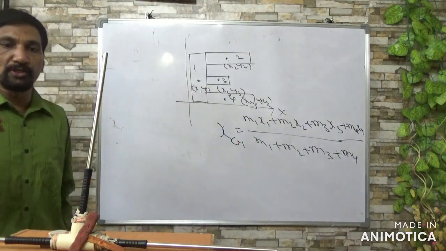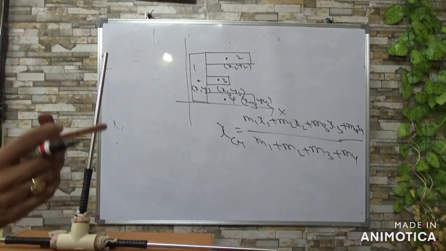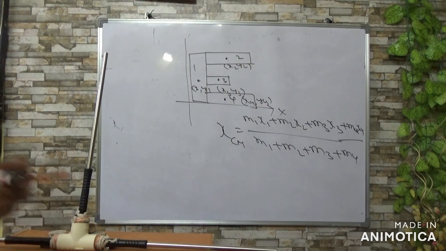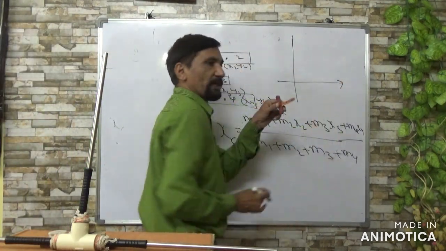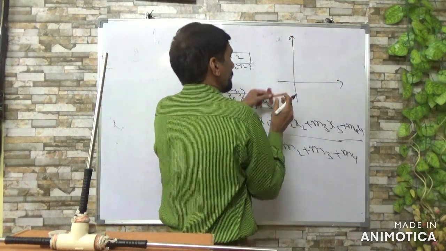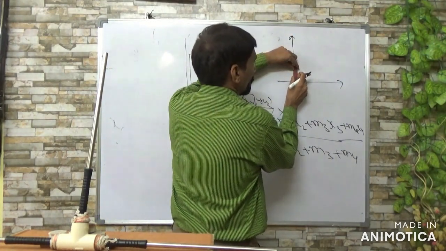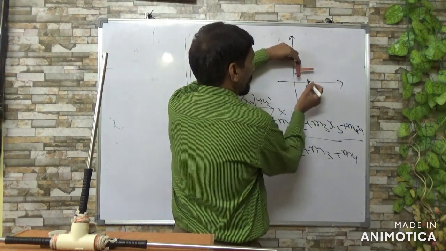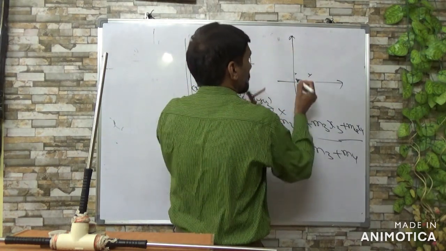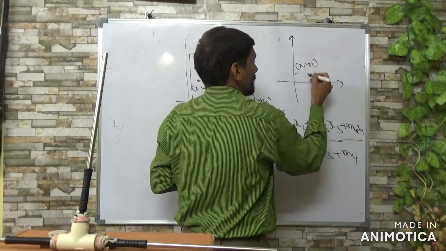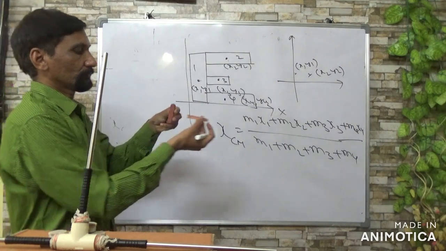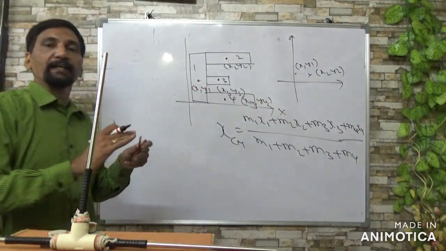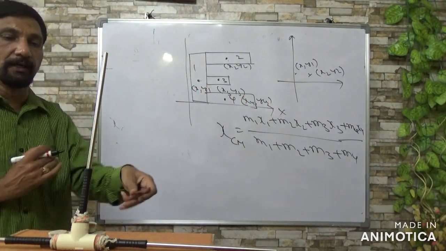Suppose instead of this, you are given the letter T in this form. We attach it to the plane. This body is attached to the plane. So this is one point and this is another point. First one has coordinates x1, y1, the second x2, y2. By taking it as two bodies, you can find the point of center of mass.